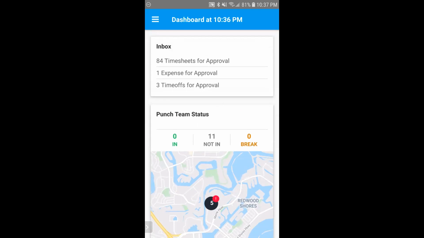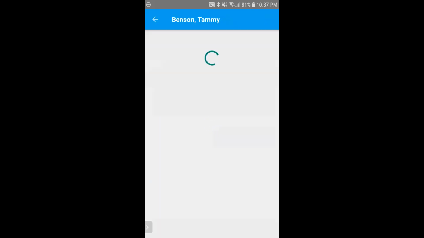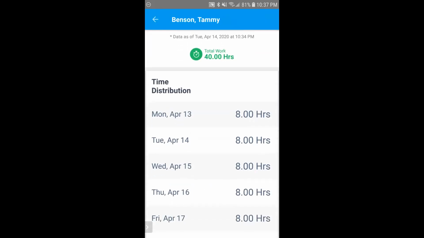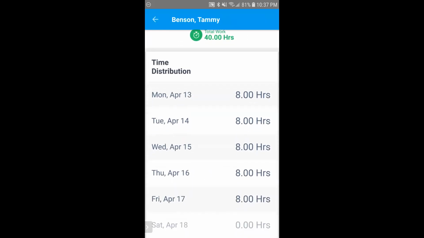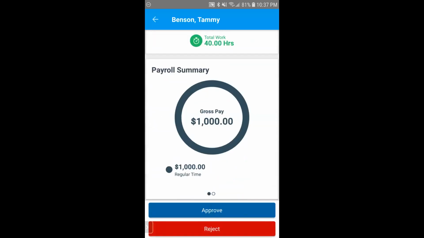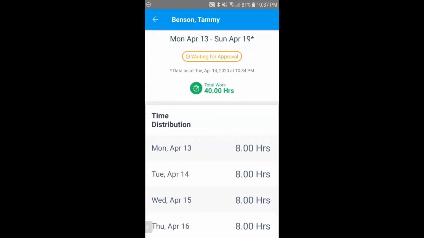So me as an approver, if I have anything waiting in my inbox, I'll get an email or a push notification that says, yeah, you have some stuff that needs taken care of. And I can drill down into any of these timesheets, batch, approve, or reject. But again, if I want to find out a little bit more, I can take a look at Tammy Benson's timesheet. Things are looking nice, Monday to Friday, 8 hours each day. None of these validation warnings have been triggered, so I can go ahead and approve this timesheet. But also, if I want to save time across my organization, I can also set this timesheet to approve automatically.